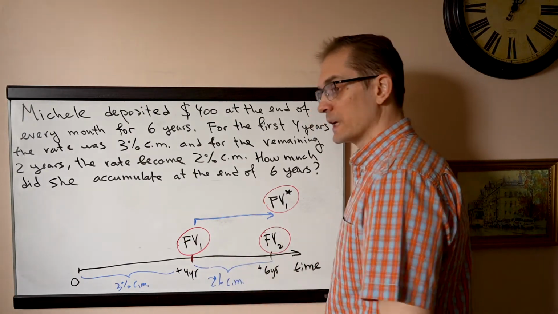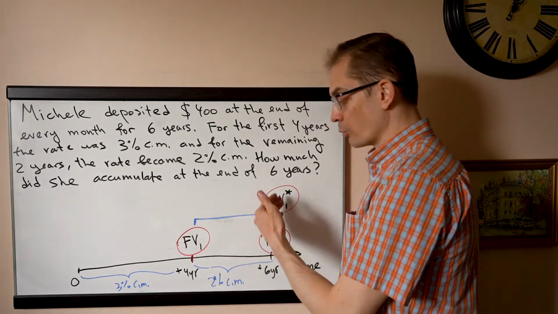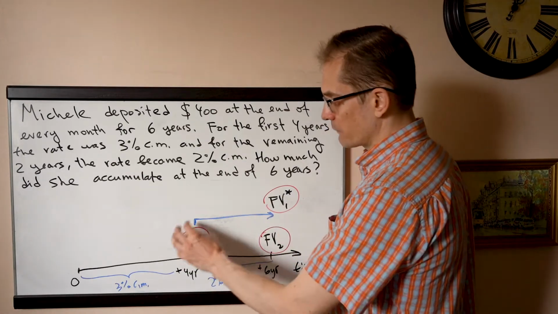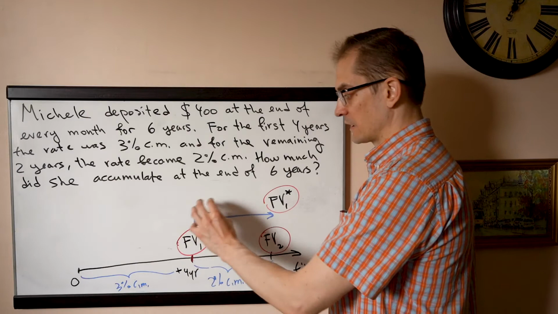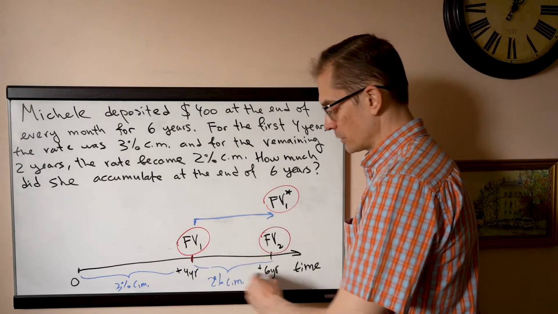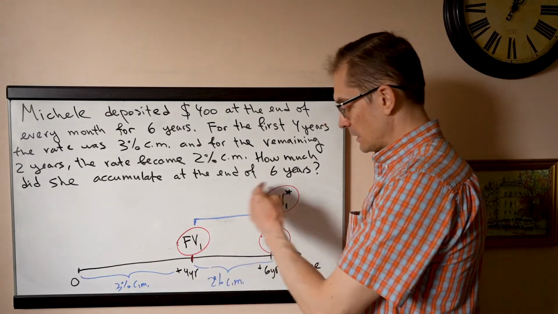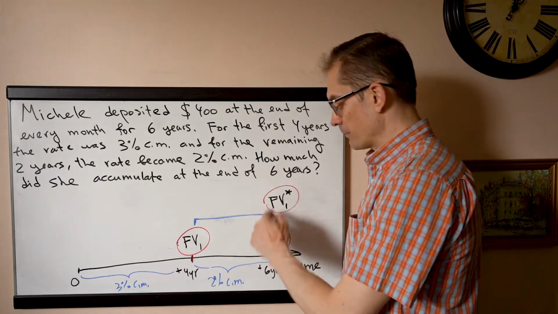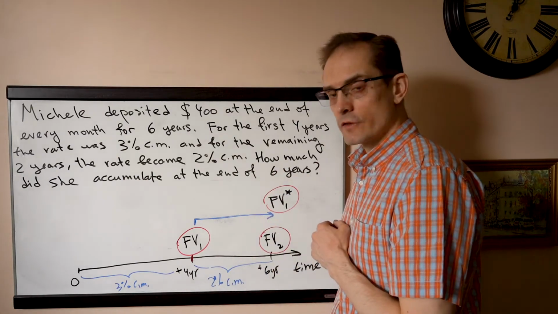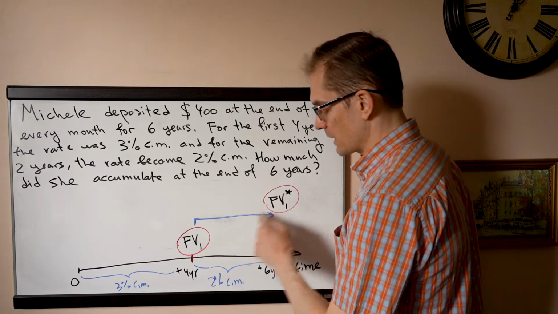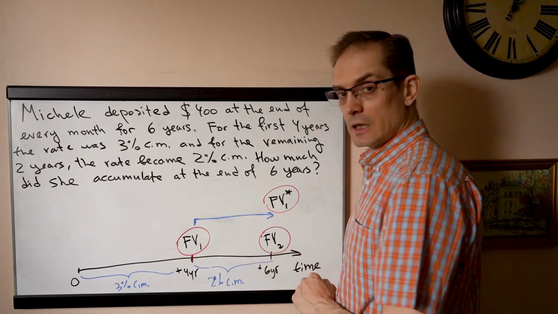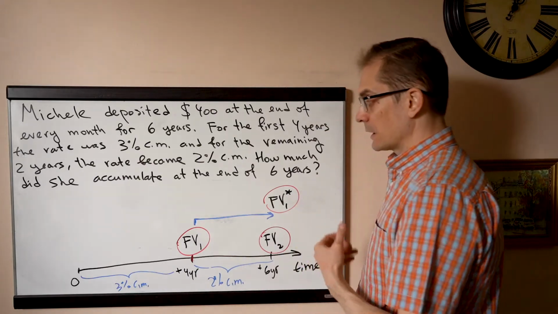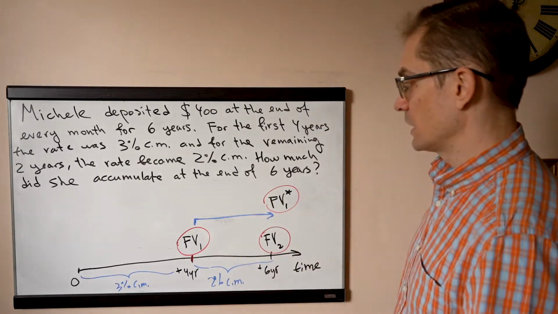In order for you to add them up, you have to put them at one time, which is 6 years from now, right? So that future value 1 will still continue to grow in the account for 2 more years, and only then will you be able to add these two future values: one modified future value and another the future value of that second annuity. So, let's see how this will work